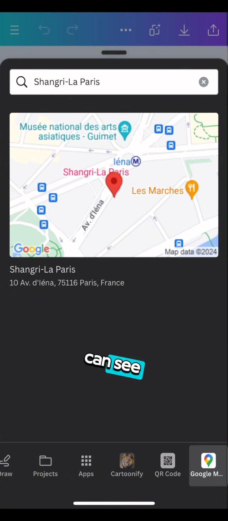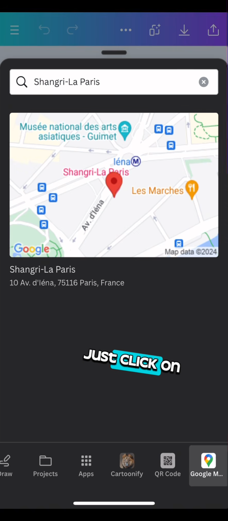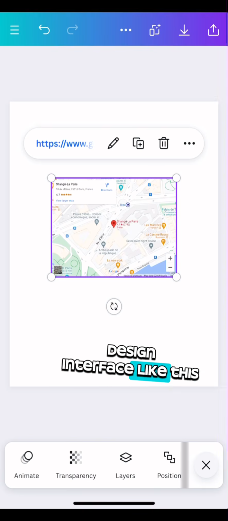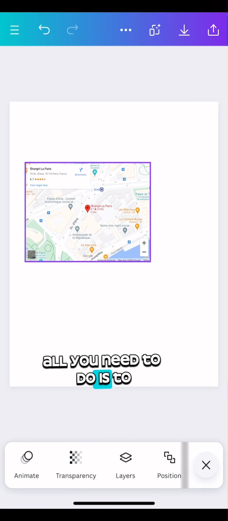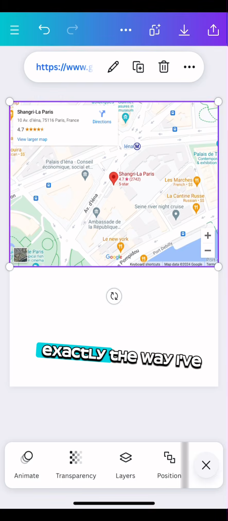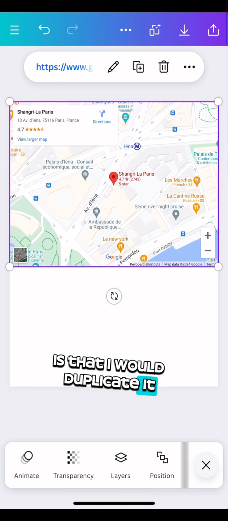As you can see, it has created a map for us to that location. Just click on the map and it will appear on your design interface like this. All you need to do is to use it to fill up the design area exactly the way I have done it. Another thing I usually do to spice up my map is that I'll duplicate it, bring it down